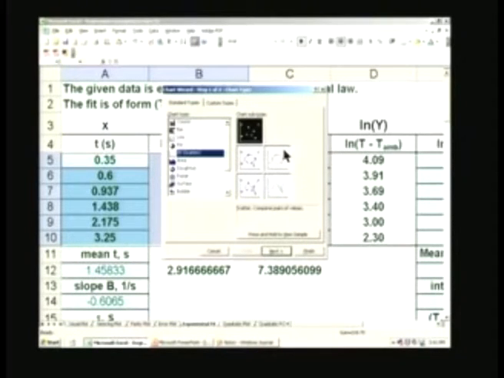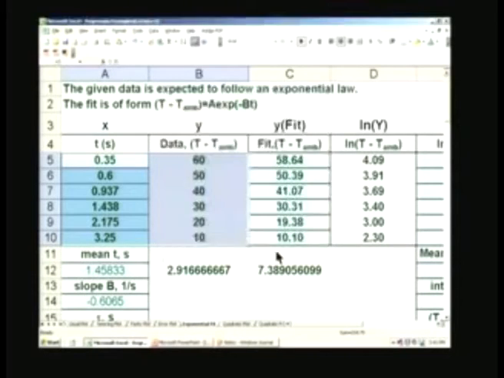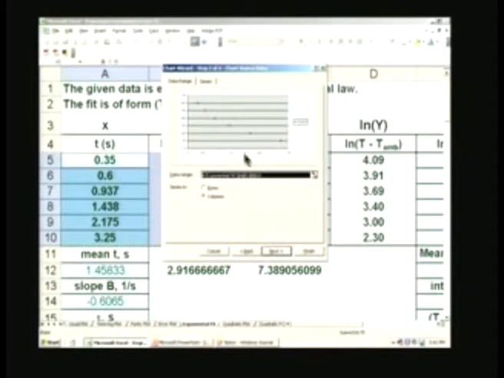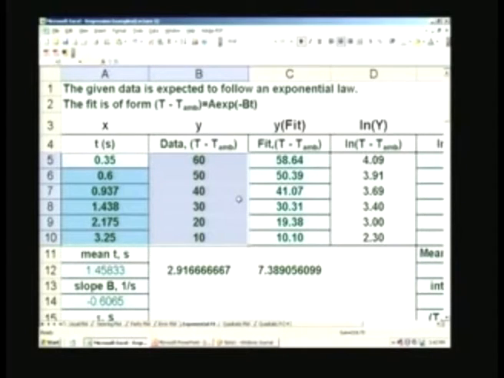I can choose whichever option I want, then go to the next button, and it will immediately give you the plot, you see that the plot has come here. If you want, you can make it bigger, and you can either go back and make some changes, or go to finish and complete the plotting process. What I will do is just cancel this because I have already plotted it.